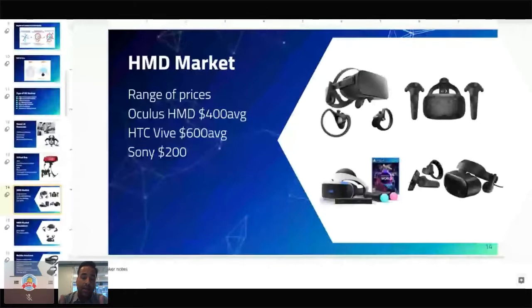And then Sony with their own device, the PlayStation VR, which costs about $200. There are other manufacturers: Samsung also makes headsets, HP, Lenovo. They all have their own line of virtual reality products, but these are pretty much the most popular ones.